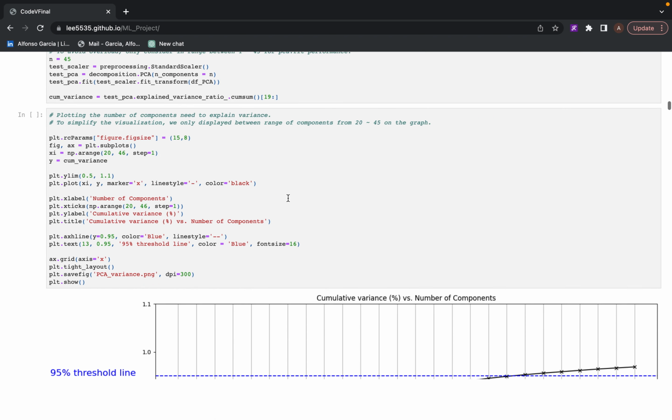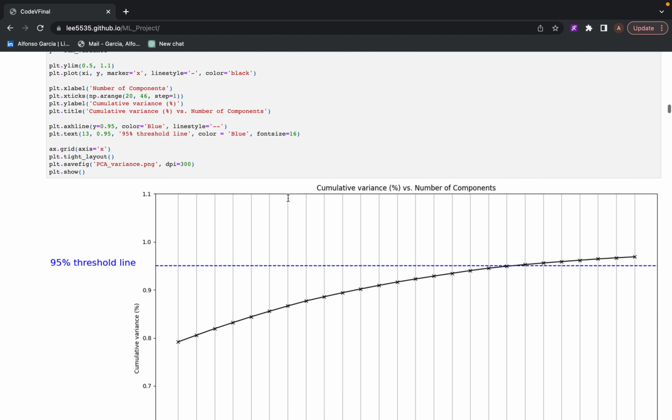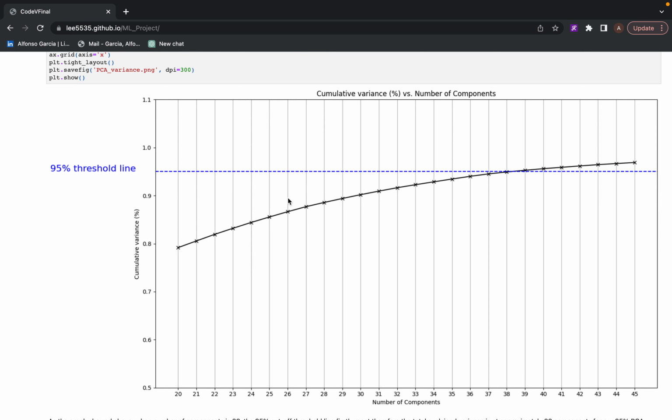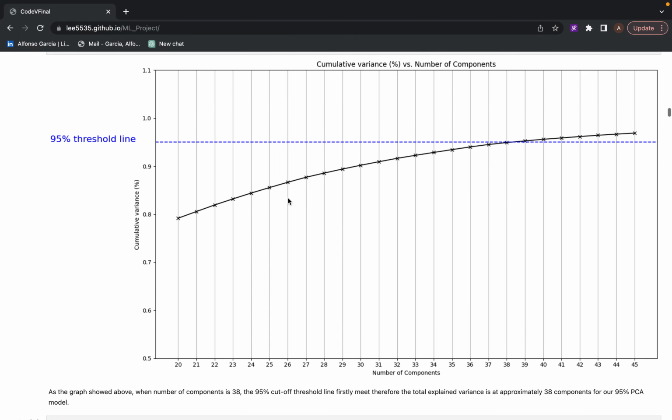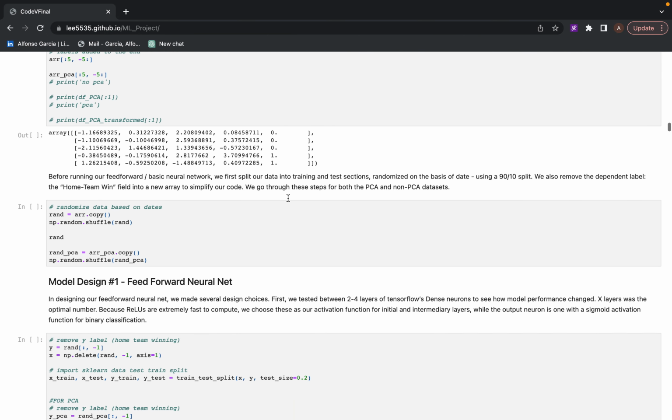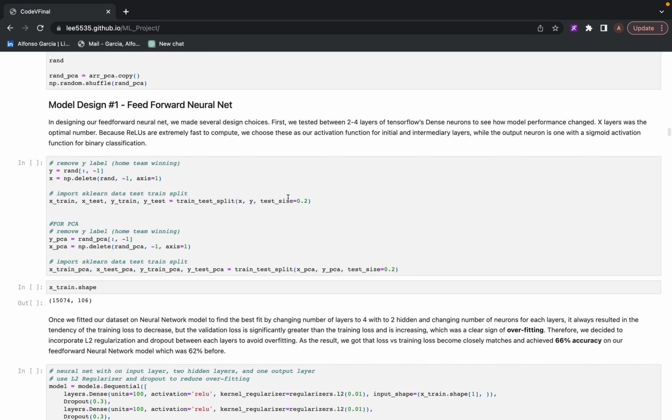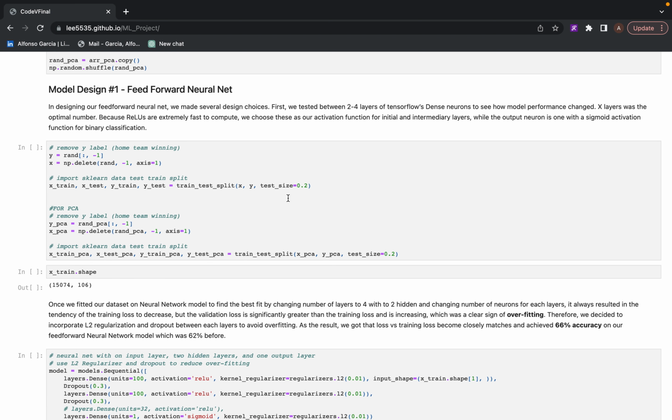After this, we decided to begin our PCA analysis, and we used a 95% threshold for variance, and we found that this threshold was reached at 39 features. So at this point, we have 2 data sets, one that has PCA conducted on it, and the second, which is one without PCA. And we wanted to run both of these data sets through each of the 3 models in order to compare results.